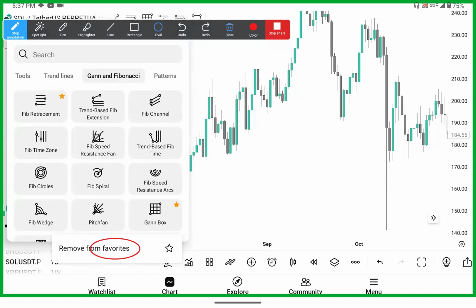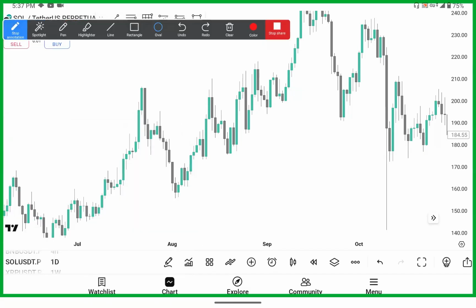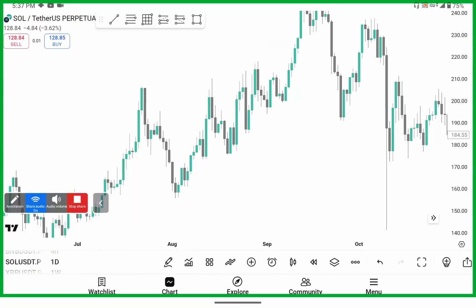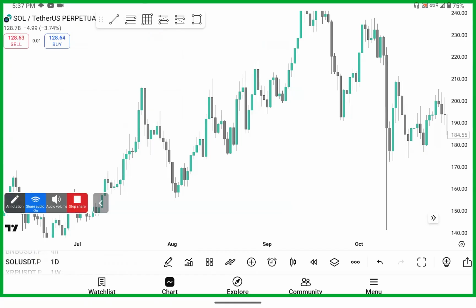So you tap on it, and it will automatically come among this favorite above that you see here. It will be among them. That is how you add. So when you are going to use it, you will just be tapping on those tools, tap on it, then bring it,